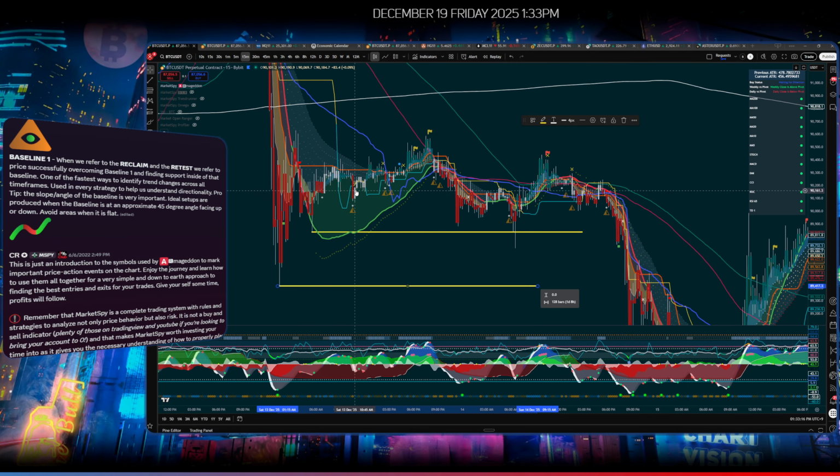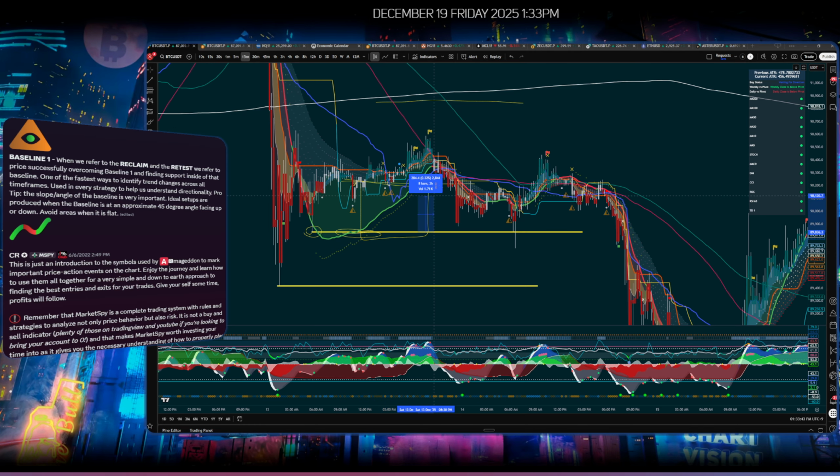And so you look at this and you're like, if my entry is here, and we broke, so there's a house of MarketSpy, we broke above this candle right here, we go up, and you say, okay, well, if my stop loss is here, just at the baseline, at this wick, my 1R exit would be somewhere around here. And the distance that it produced, unlike the others, is quite significant. It exceeds